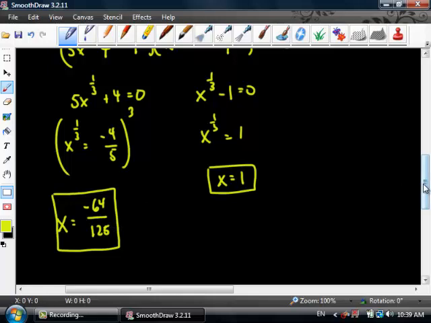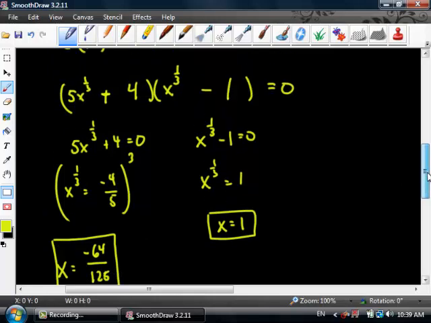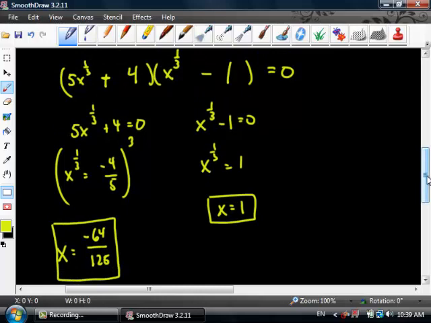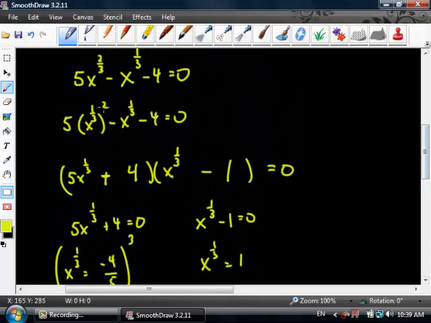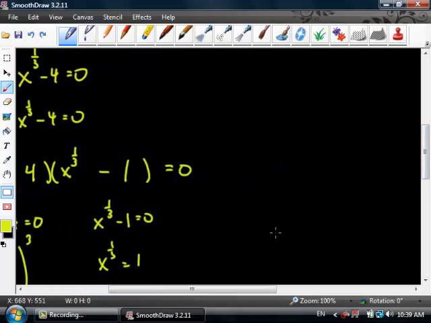All right. Any questions on this problem here? Julia, what's up? Okay, where you have the 5 and then in parentheses x to the 1/3 and square. Right here. How did you get it to 5x to the 1/3? Oh, because, Julia, if I gave you this problem here, how would you factor that? 5x and